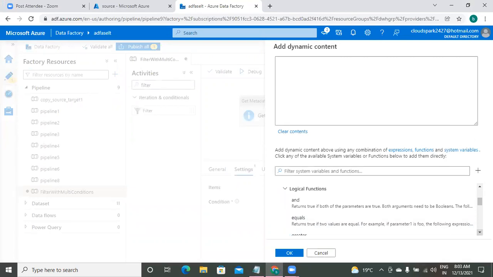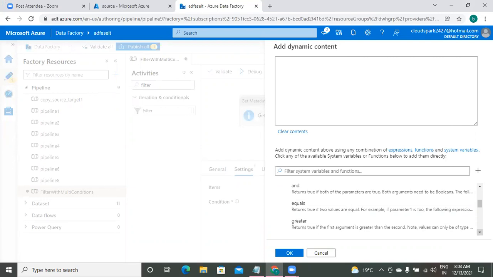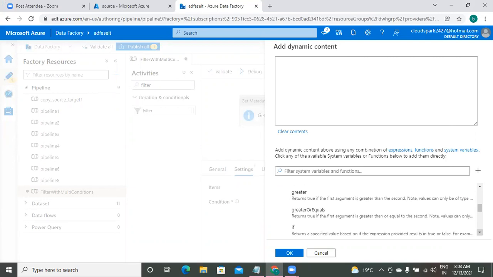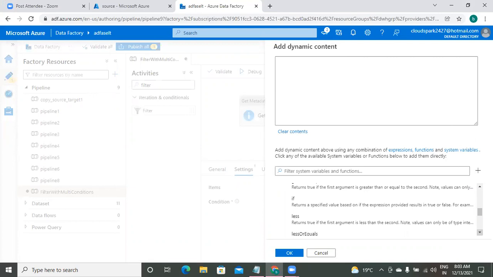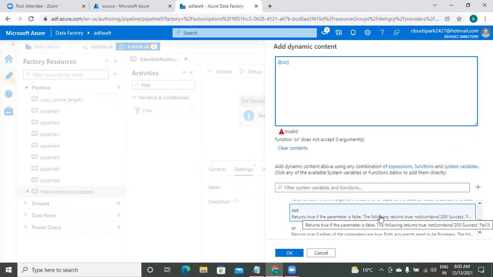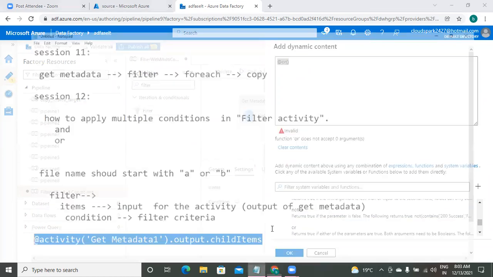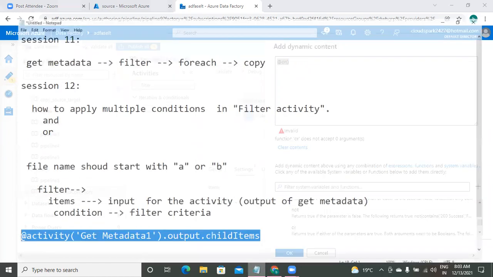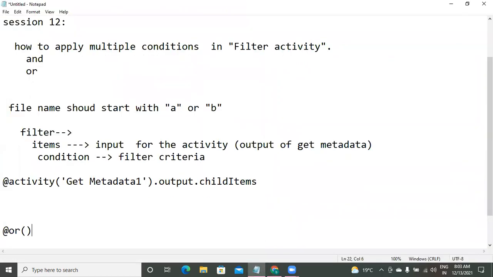And equals is for comparison. Greater or equals, that is greater than or equals to. In this way, different things are there. So here is our or. The style of or is like this. We will club all the things. This is the function. So here in ADF,